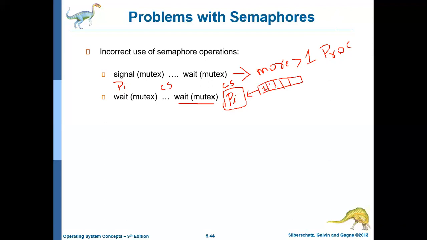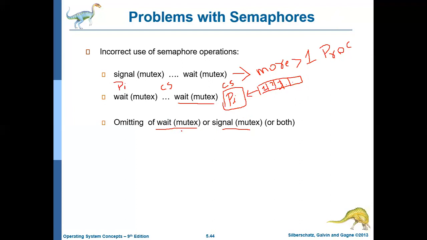So if instead of calling wait, critical section, and signal, you call wait, critical section, and wait, this is the problem that will be created. If the programmer has omitted wait or signal or both, say the programmer has omitted wait, initially he should write wait at first.